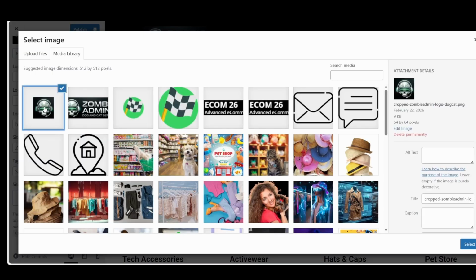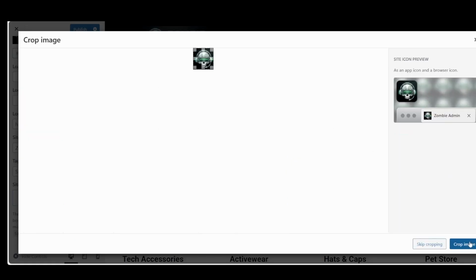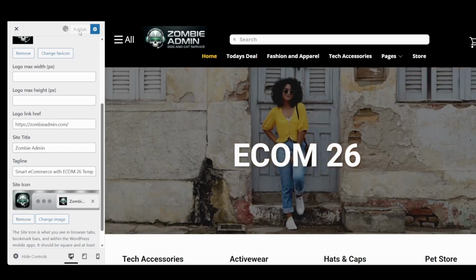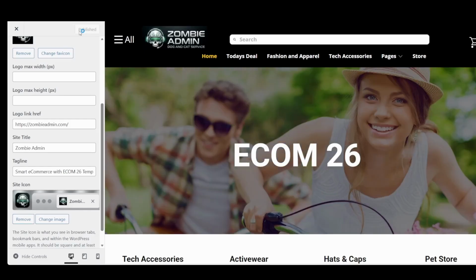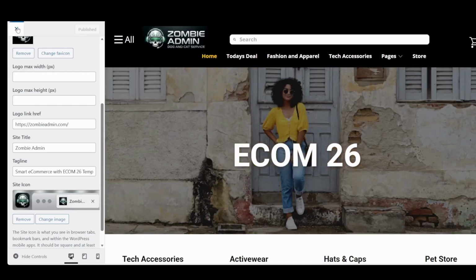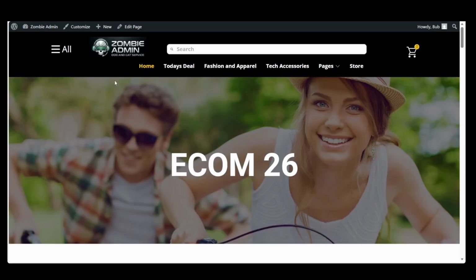And we'll just pick this one that we just used. And publish. Take a look at the front end. And there it is. Now let's continue with the sidebar logos.